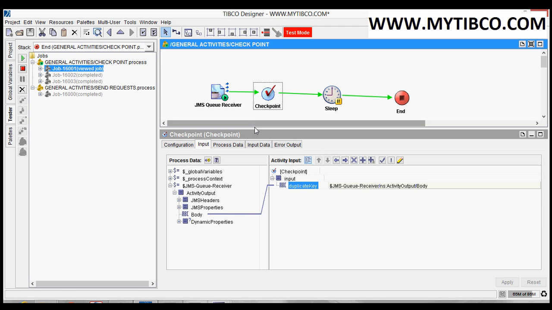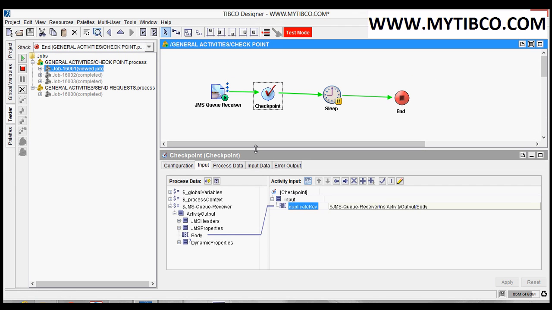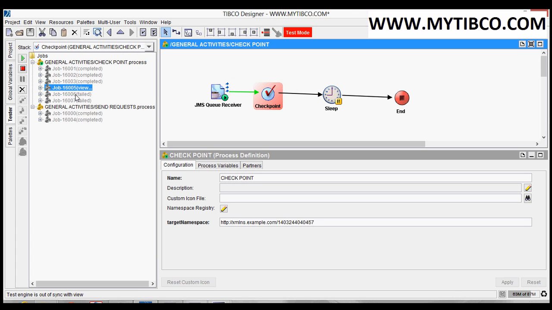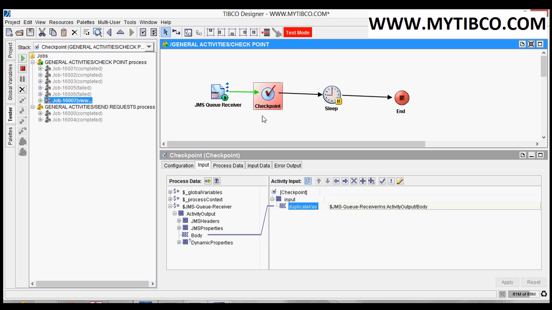Now let's try to create 3 more requests. Select this process and create a job. Now observe. 3 more jobs are created, but all these 3 got failed at checkpoint. That means checkpoint is detecting whether the job is duplicate or not.